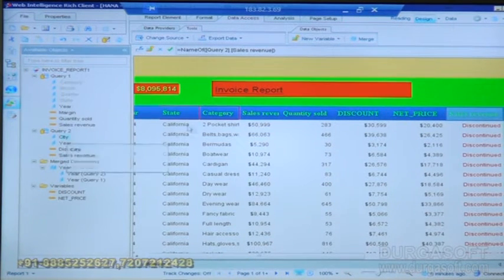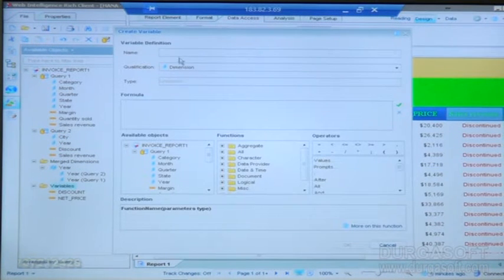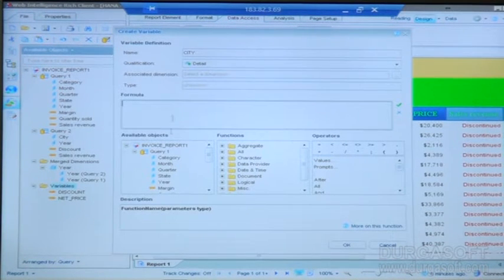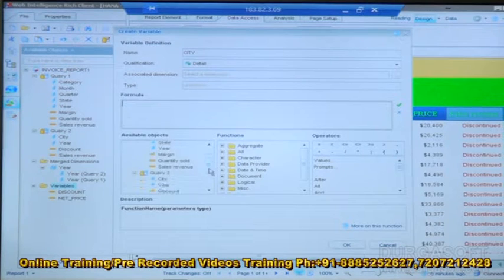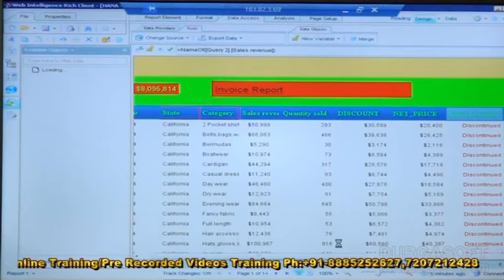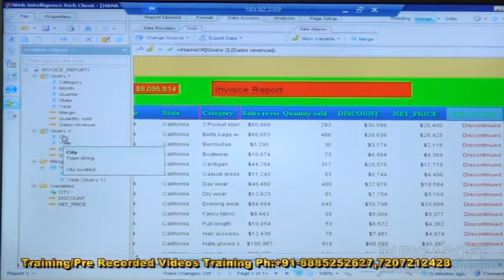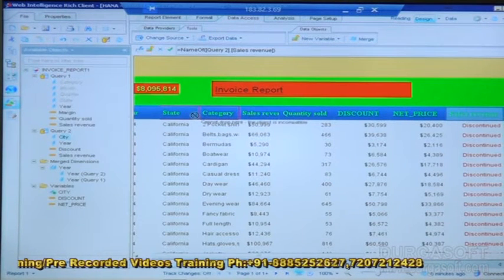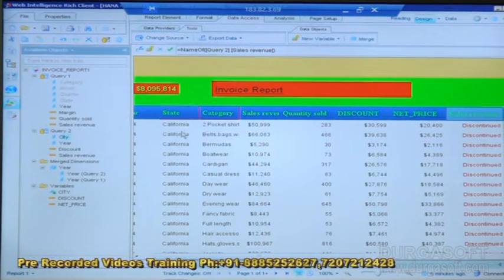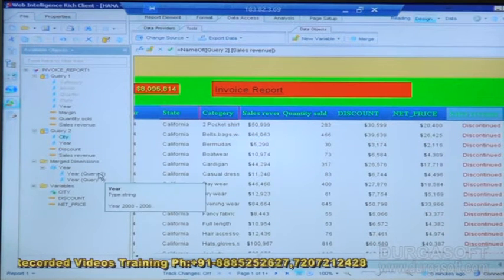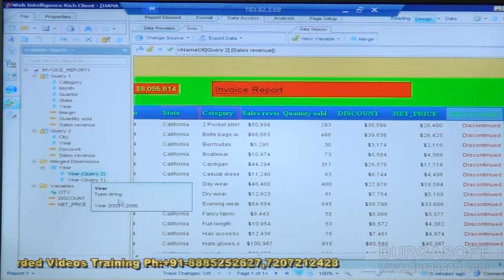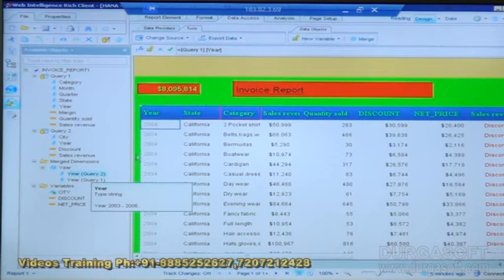So in order to get the city here, we need to create a detail level object. We need to convert the city to a detail level. For that, I'll create one more variable. I'll name it City itself, capital. I'll make this detail equal to query 2. That's all. Now I'll add this city in this part. So merging is not happening here. The years are different, so let me get the year.